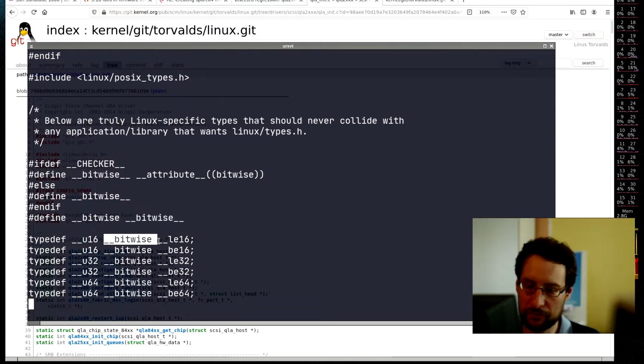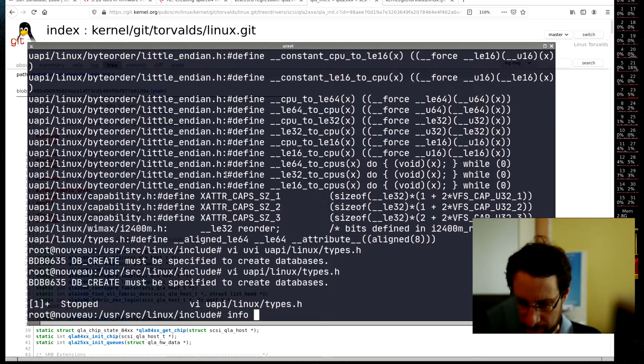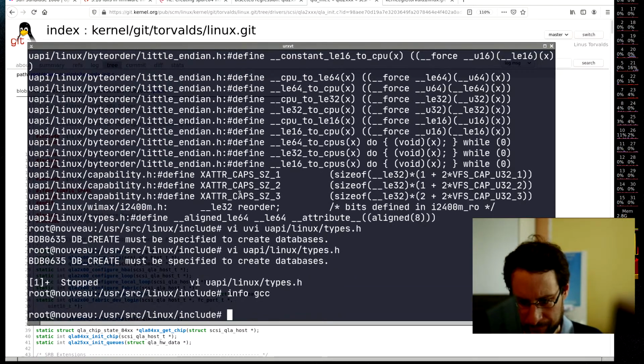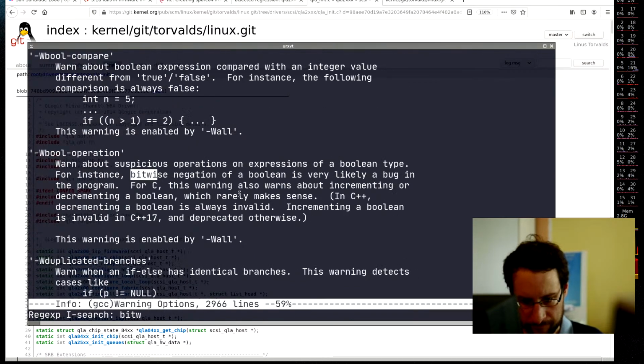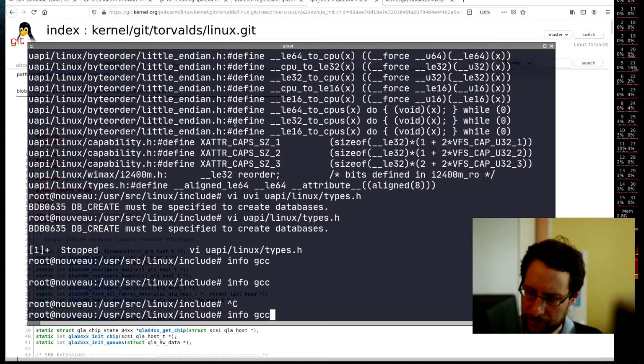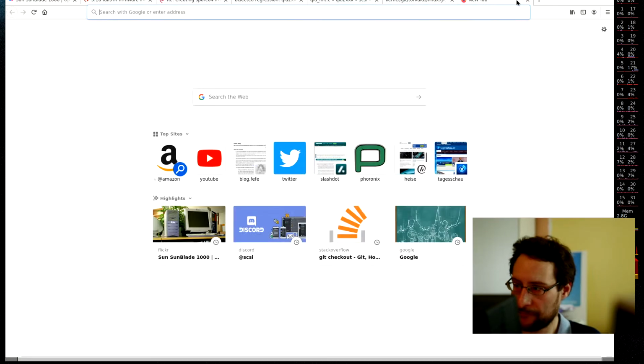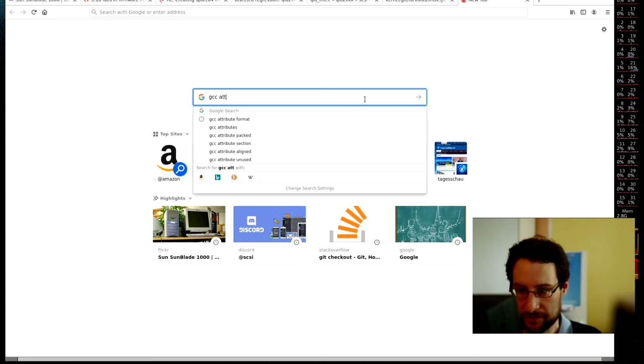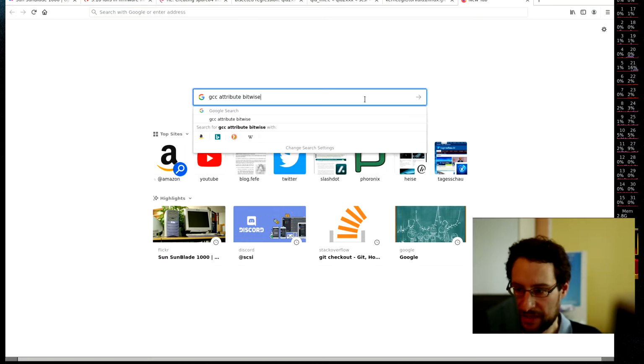This bitwise is only telling the compiler... the bitwise attribute, is it not even... can't make this up. It's not like it does half-word quantity loads and stores or something. GCC attribute bitwise, and it's mostly used